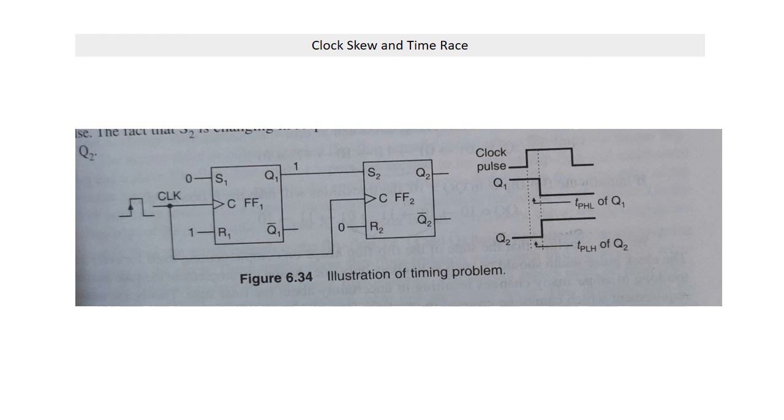The potential timing problem is like this. Since Q1 will change on the positive-going transition of the clock pulse, the S2 input of the second flip-flop will be in a changing state as soon as it receives the same positive-going transition. And this could lead to an unpredictable response at Q2, which is not the one we expect. The flip-flop output will go to a state determined by the logic levels present at its synchronous control inputs just prior to the active clock transition.